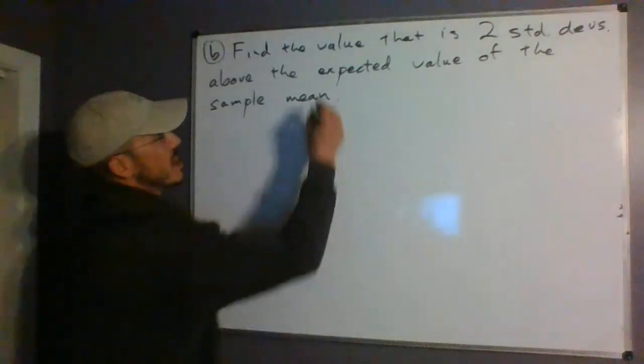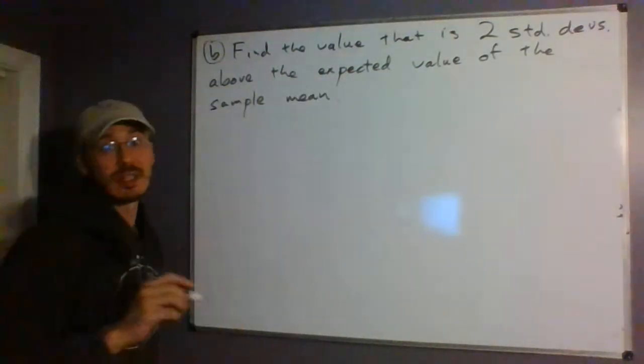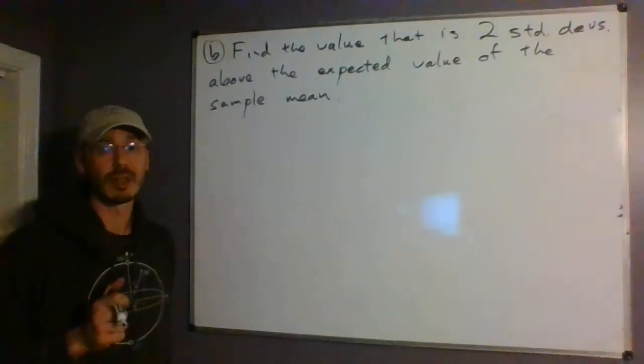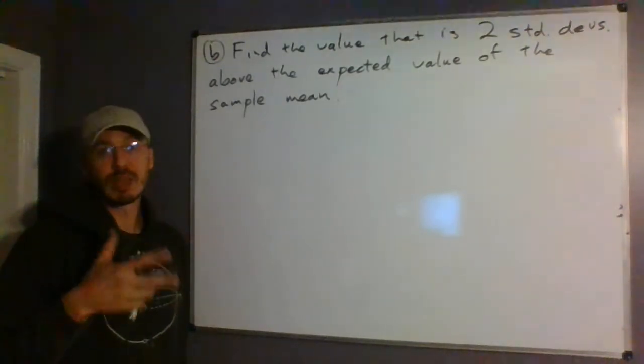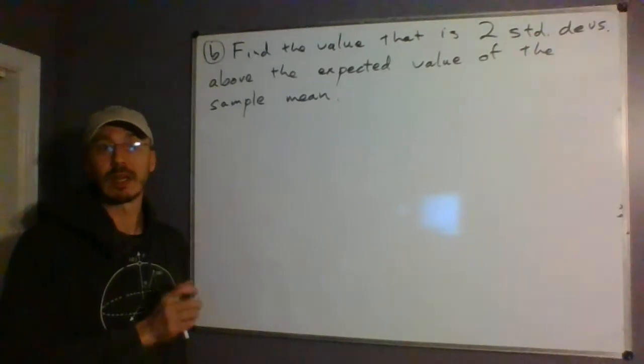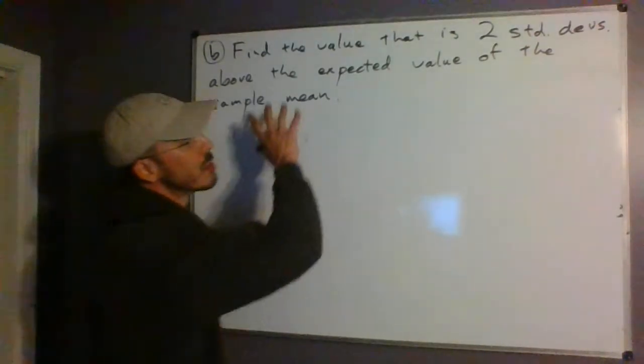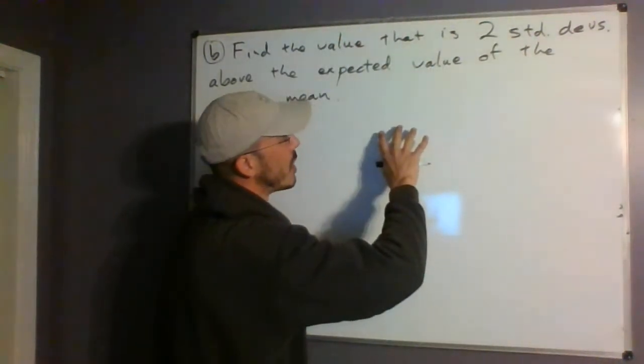So the expected value of the sample mean is the average of the sample mean values, but it's the mean of the means. Again, we're talking about the sampling distribution, so